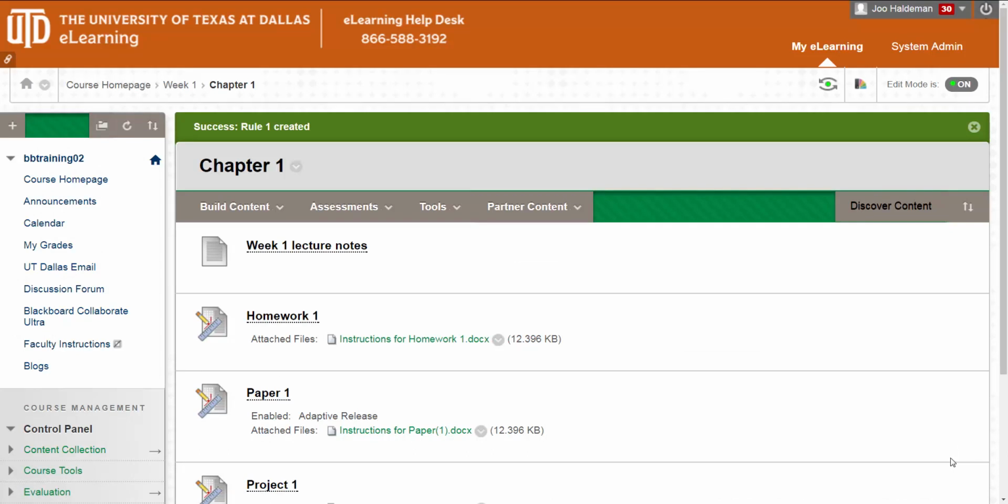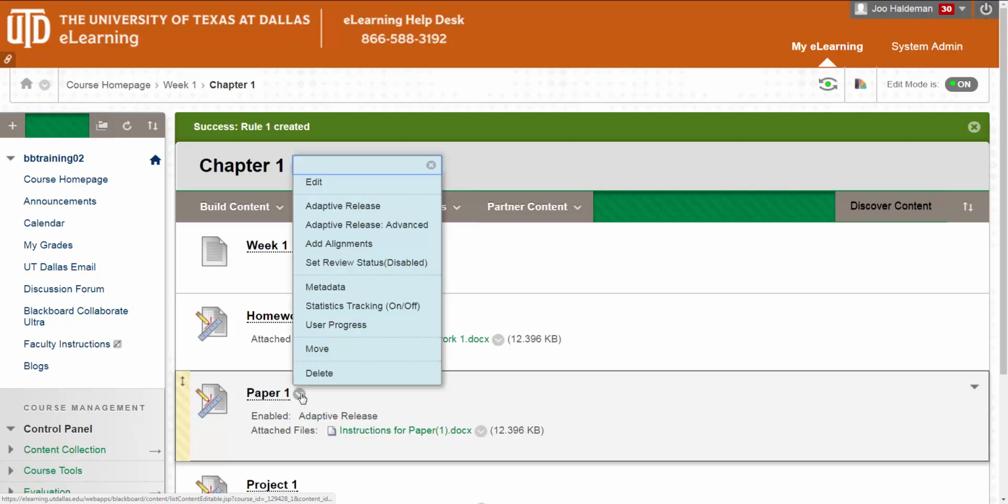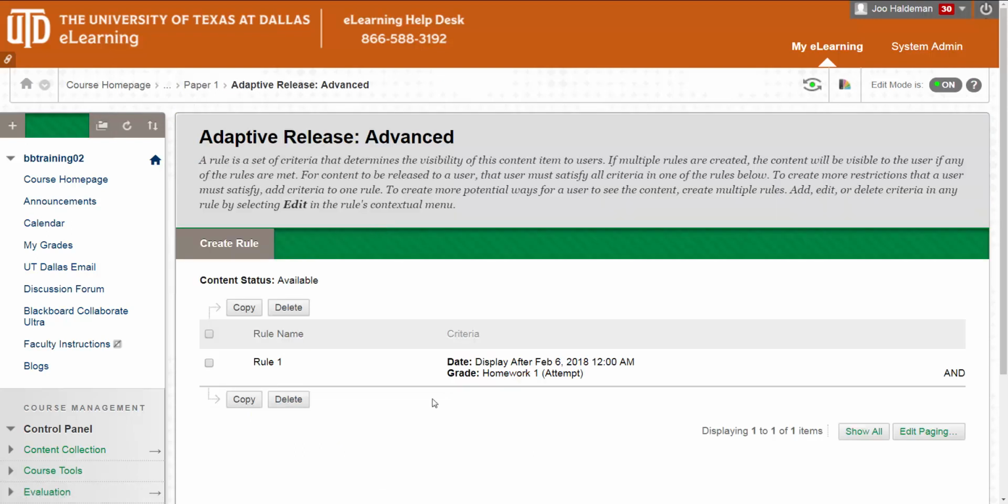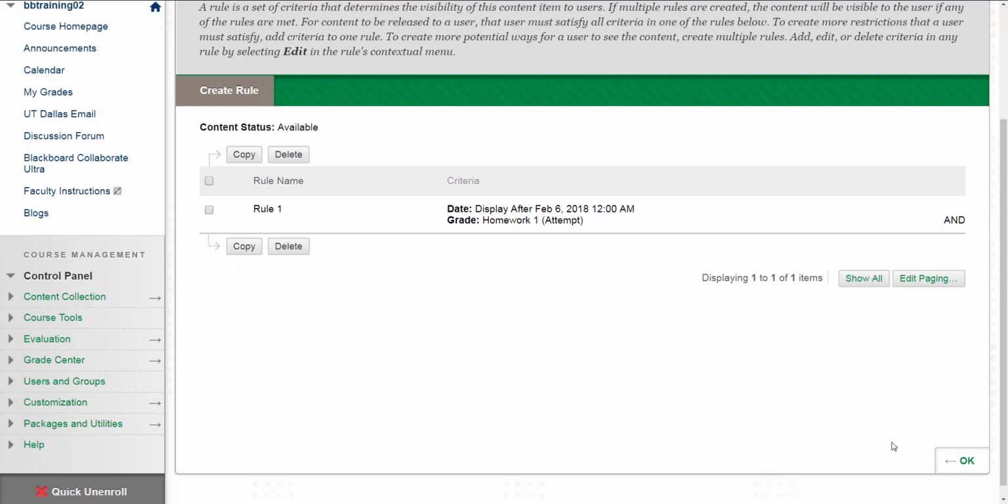To see the basic adaptive release rule created, I have to go back and select the option button for Paper 1, select from the pop-up window Adaptive Release Advanced, and so in the Adaptive Release Advanced page, I see that I've created 1 rule, in this case Rule 1, with a criteria of date and grade. Note that the Adaptive Release Advanced page contains all rules and their criteria created from Basic and Advanced Adaptive Release. I'll go ahead and scroll down, select OK,